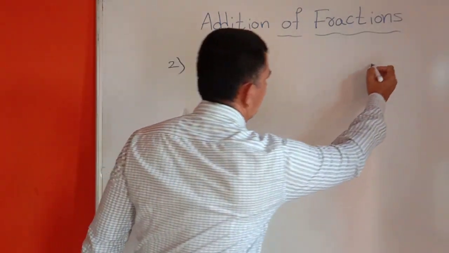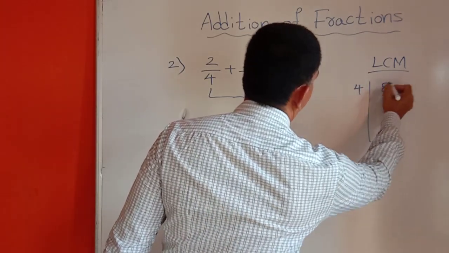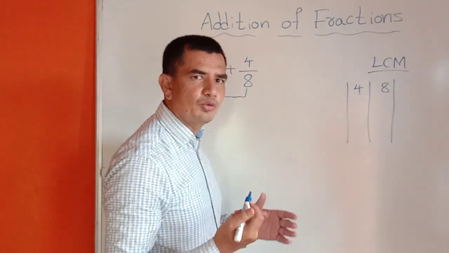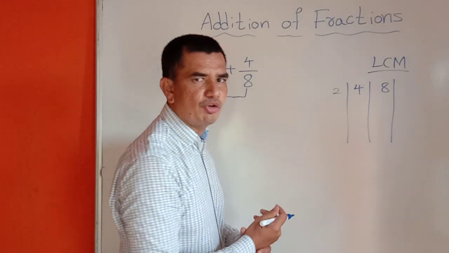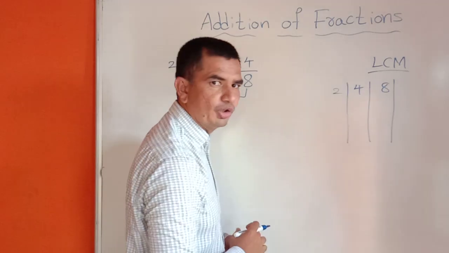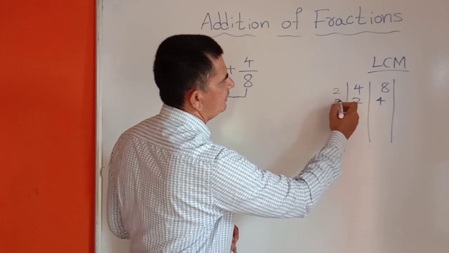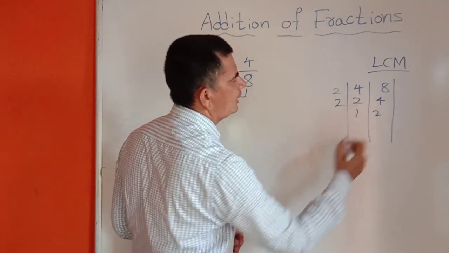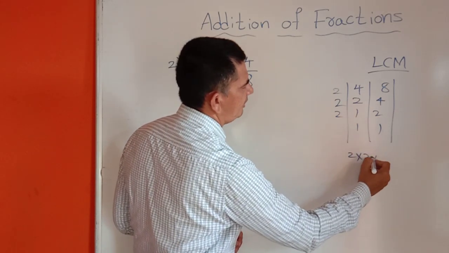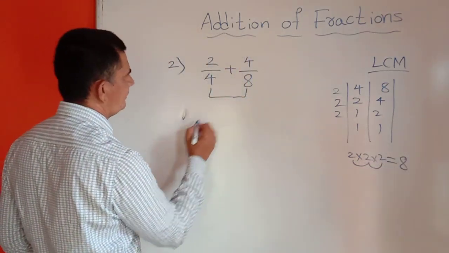So let's find out the LCM of denominators 4 and 8. So you know how to find out the LCM. First you have to take 2, the smallest prime number, and you have to check whether these numbers are there in 2 table or not. If it is there, you have to divide. 2 2s are 4, 2 4s are 8. Next 2 1s are 2, 2 2s are 4. Next 2, 1 as it is, 2 1s are 2. Then find all the multiplication. 2 2s are 4, 4 2s are 8. So we got here LCM 8.